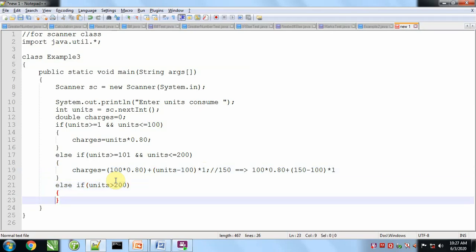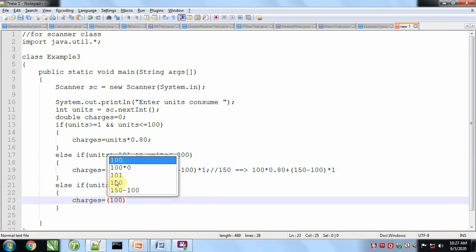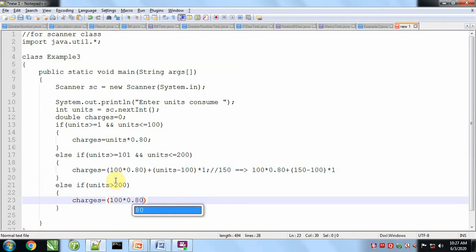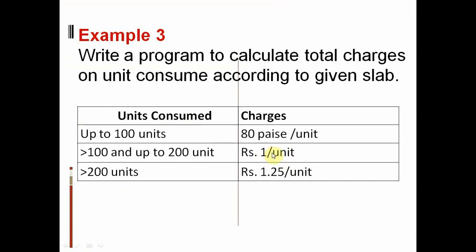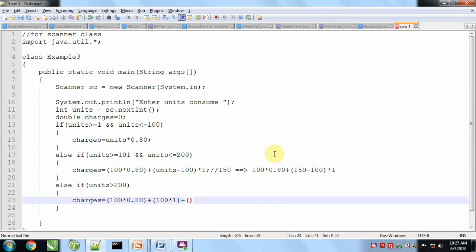In this case charges will be like this. For the first 100 units charges will be the same. For the next 100 units it will be 1 rupee, and after that we will deduct these 200 units and the rest of the units will be charged at 1 rupee 25 paisa. We can take an example.